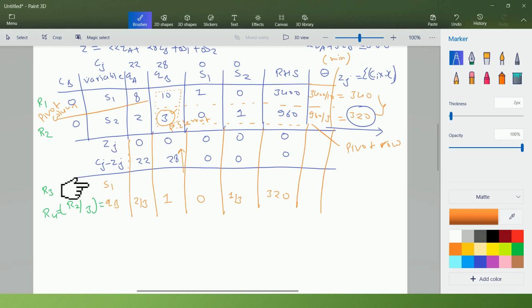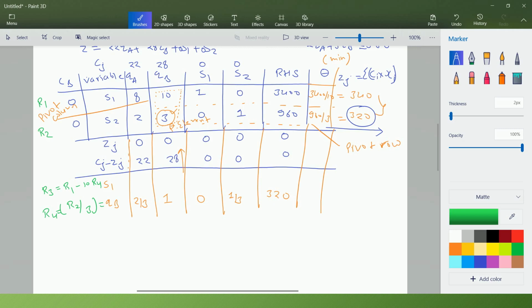Now in this element, what we have to do is identify an identity matrix between S1 and QB. So S1 is here and QB is here. If this is 1, 0, it should be 0, 1. So here we have to make this element 0. For this, I can write R3 as R1. We already have R4 here. I can write R1 minus 10 multiplied by R4.